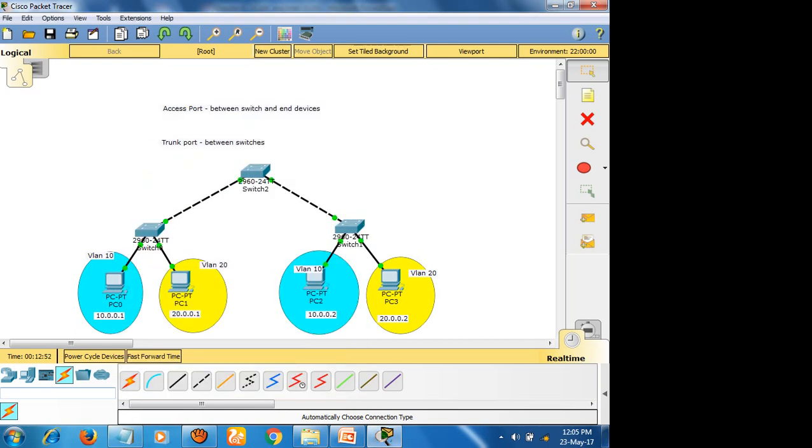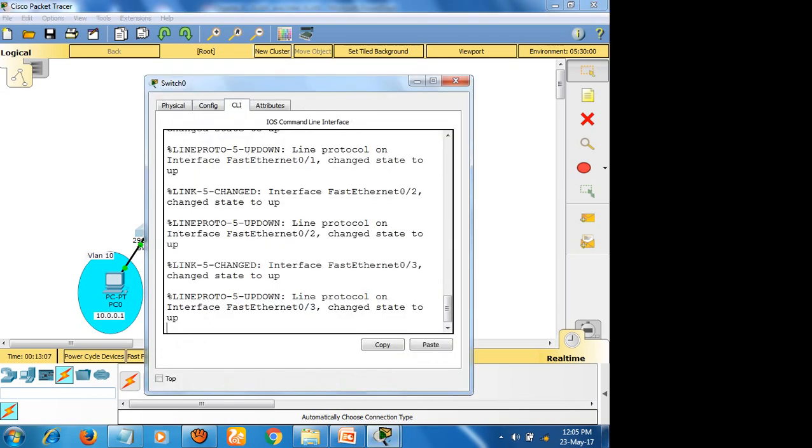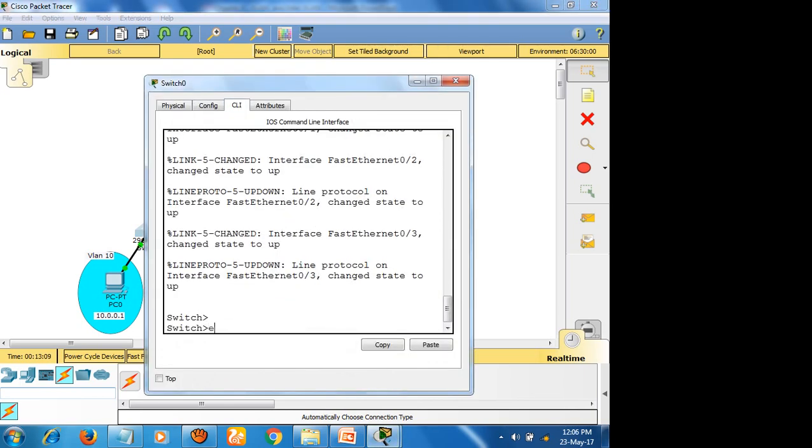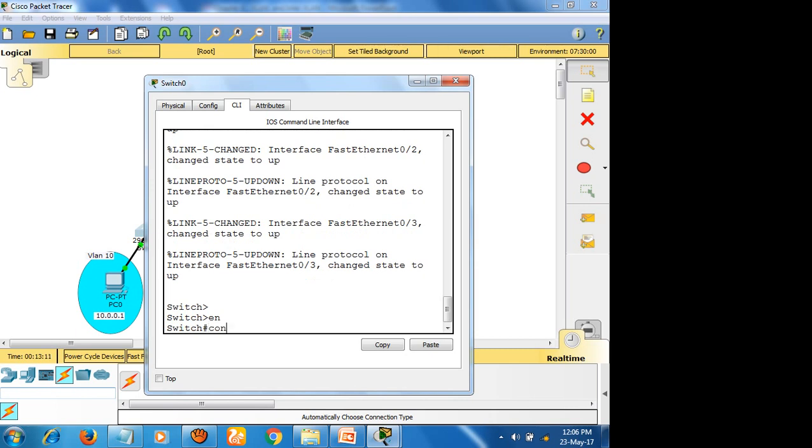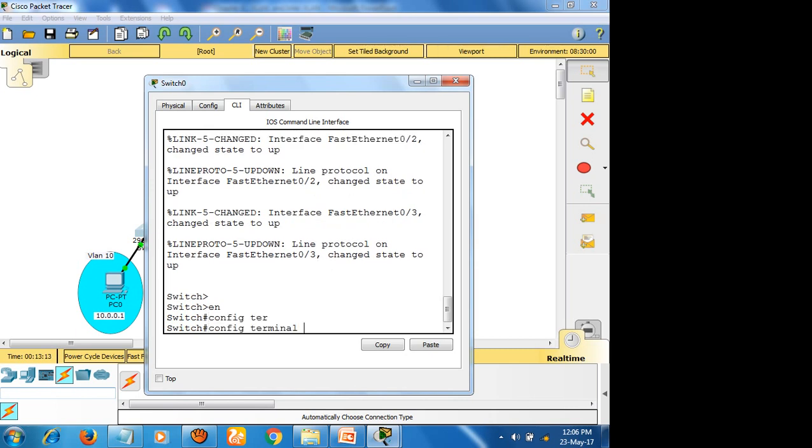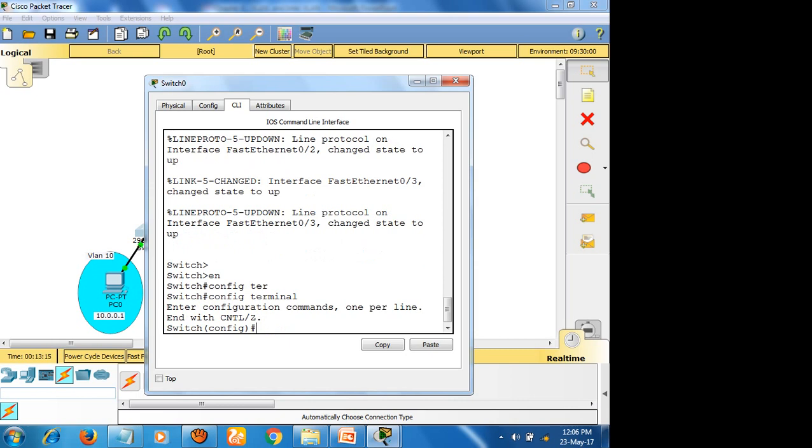So first I will define the access port. Look at here, I need to create two VLANs for switch 0, that is 10 and 20. First I will create a VLAN. So enable, configure terminal, and vlan 10.